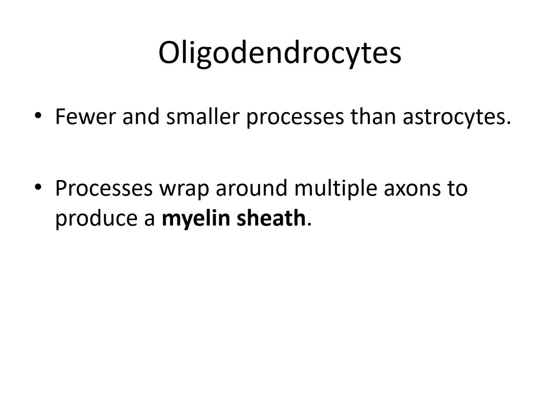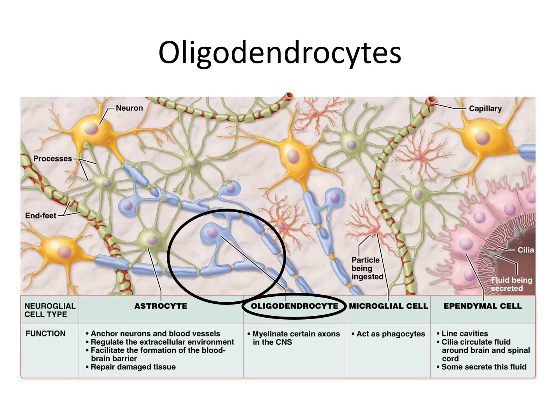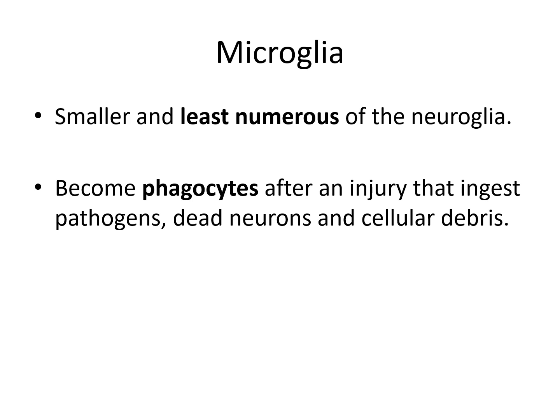Oligodendrocytes are fewer and smaller and have smaller processes than astrocytes. Now, they have an important job of wrapping multiple axons to produce a myelin sheath. Okay, and we're going to eventually see that the myelin sheath is going to allow these neurons to propagate action potentials much faster than those that do not have a myelin sheath. Okay, so here's an oligodendrocyte here in blue. And one major note we want to make about the oligodendrocytes is they have the ability to form the myelin sheath over multiple